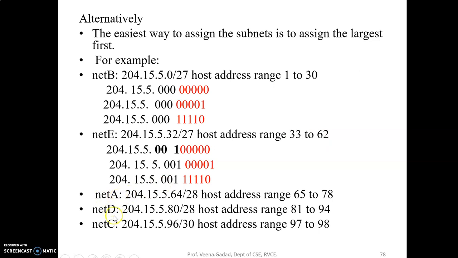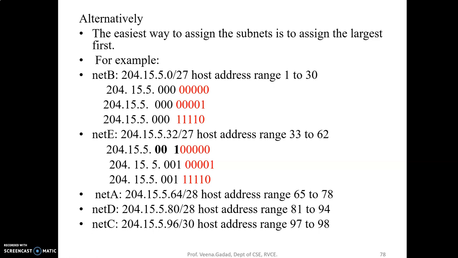For networks A, D and C, we require a fewer number of hosts, so accordingly you have to write it. Network C just requires 2 addresses, so this will be the last configured subnetwork, right? So again, make sure you solve such examples